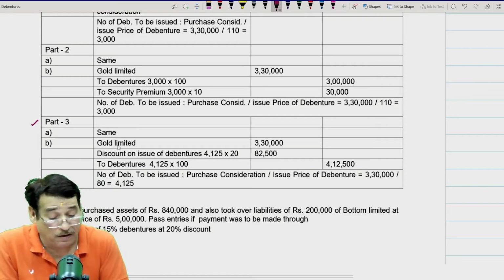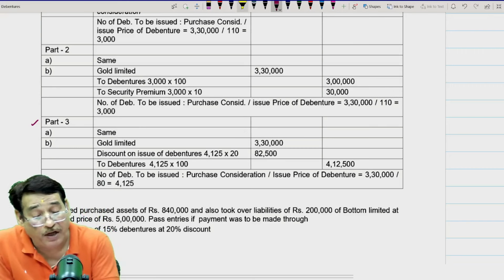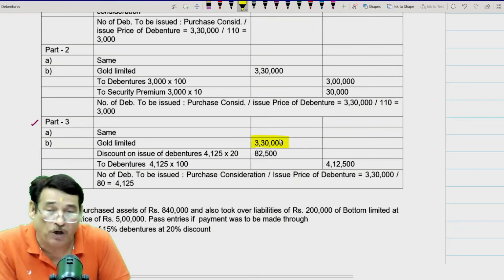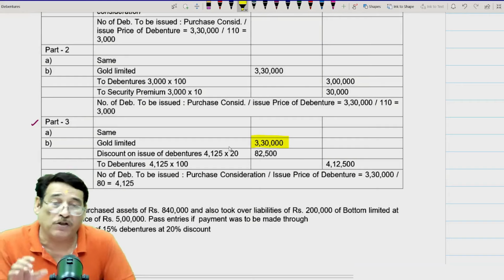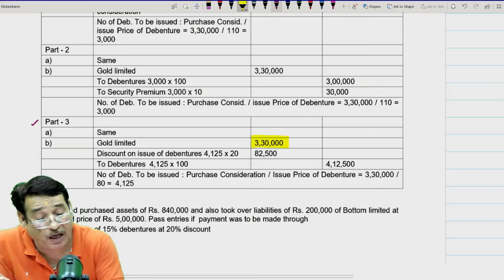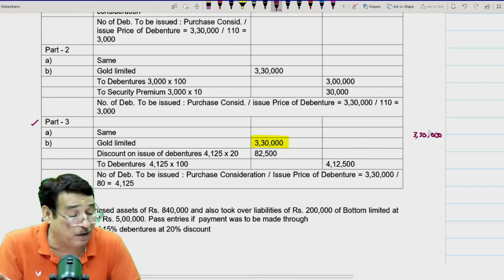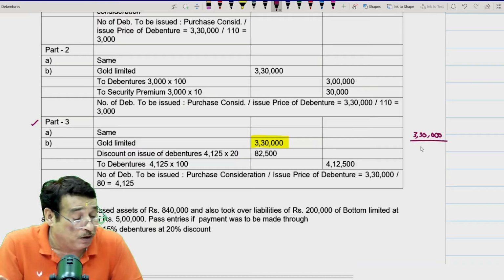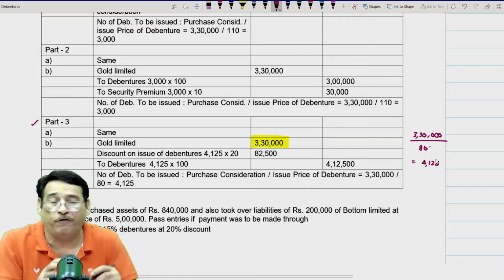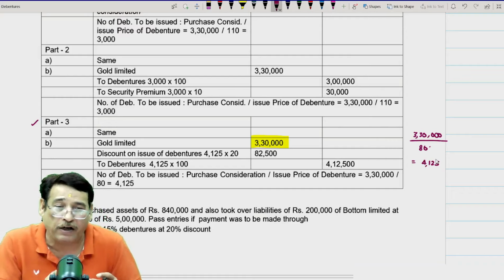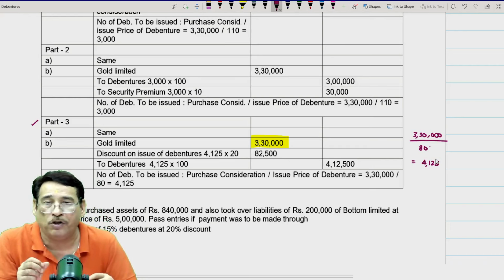Now as far as payment is concerned, we have to pay 3,30,000 to the Gold Limited. And we are issuing debentures this time at a discount. So first of all, I will have to compute how many debentures I will have to issue. First of all, I will write here 3,30,000. And then the discount is 20%. So I will divide it by 80. So if I am going to divide it by 80, I will get 4,125 debentures. That means 4,125 debentures of 100 each at the rate of 80 I am going to issue at a discount